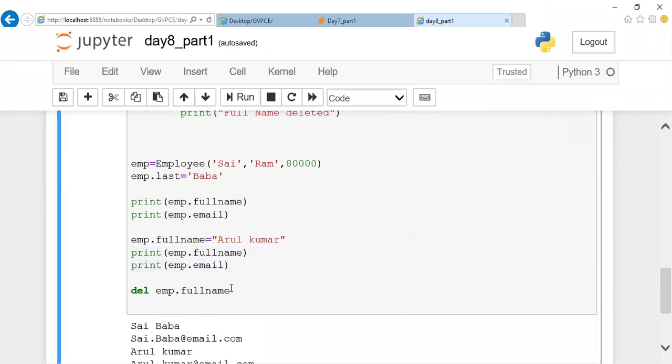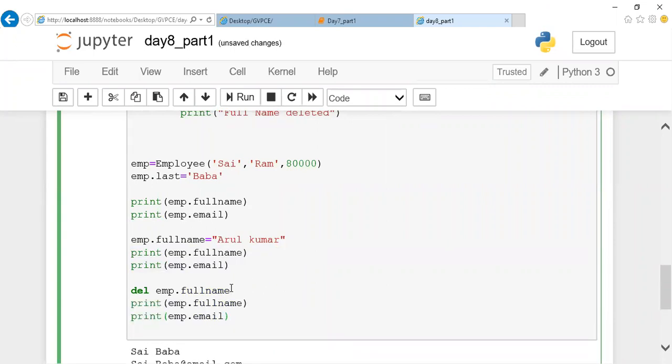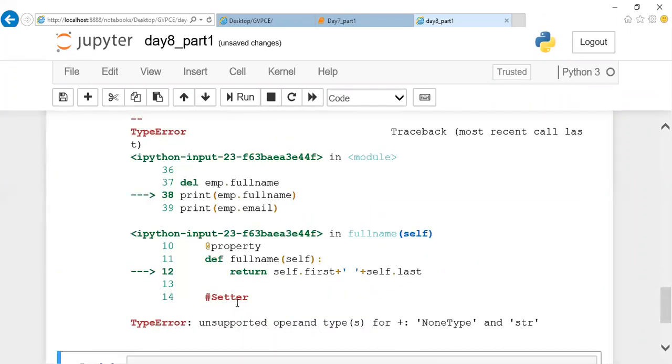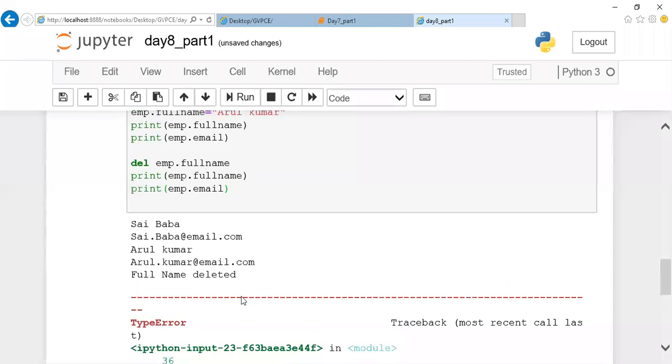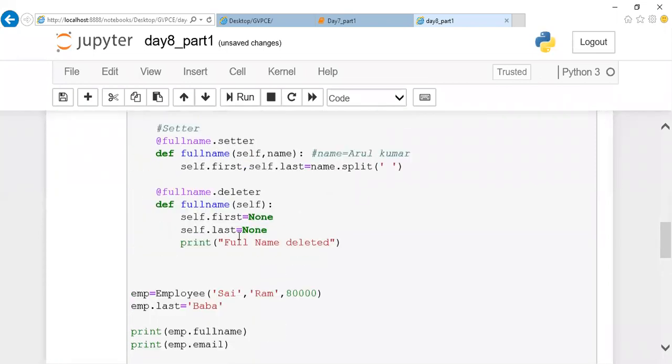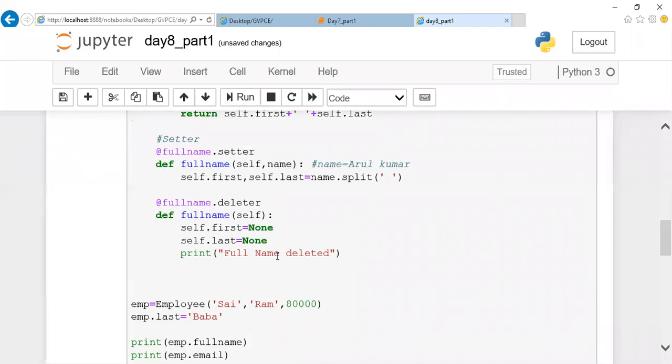Okay. What happened? Which line? Just a minute, guys. For your understanding, let me try to print here. Just a minute. Full name.